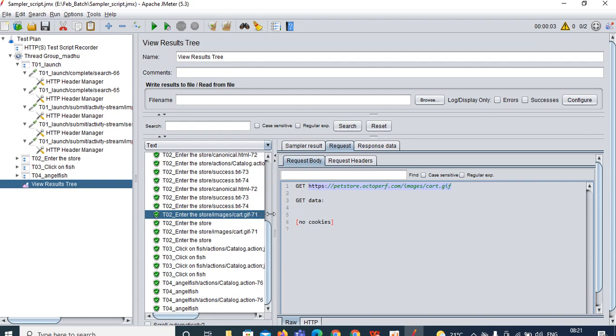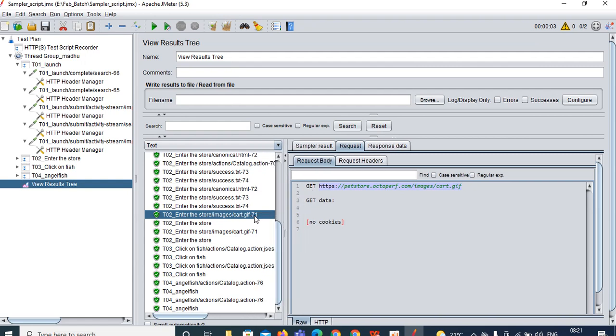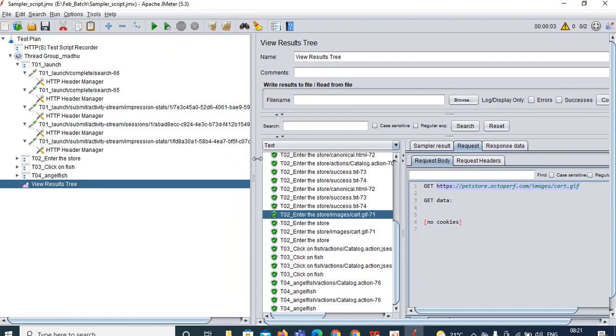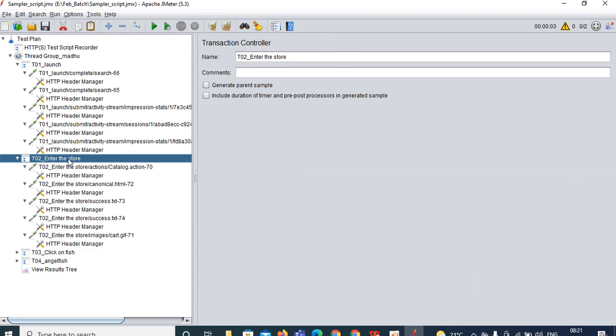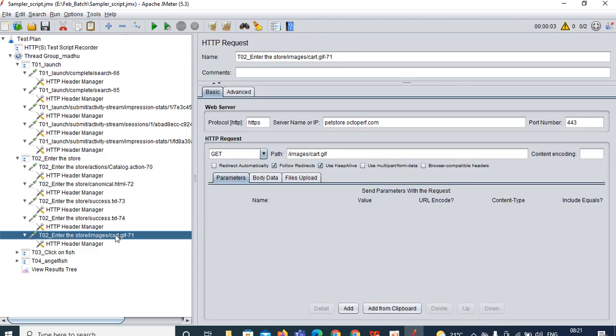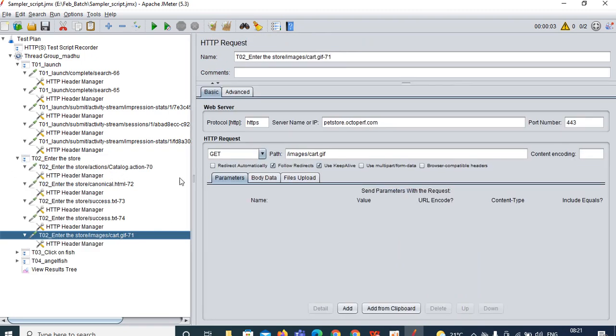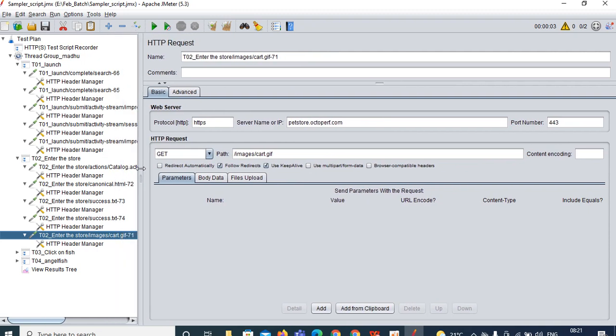I will show you the same thing. See here, request number 71, enter the store image, cart.gif 71, at the end you can see 71. So we have it in enter the store, 71, right? Click on that one. What is the request method over here?